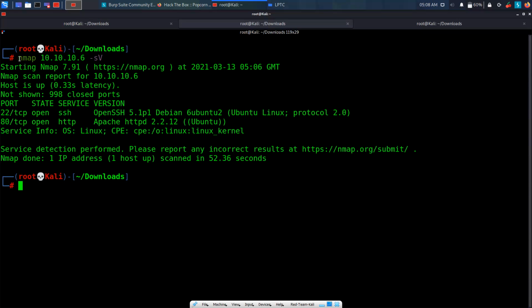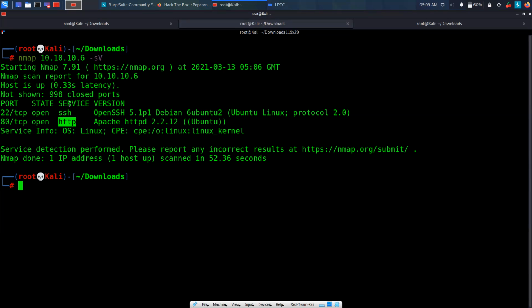Yeah, as you can see, Nmap has finished, and we can see there are two ports open, 22 and 80. So let's discuss a little bit about the output of Nmap. Our goal is to find out what ports are open. Okay, we can see that 22 and 80 are open, but what's next? What services are running on these ports? The services are SSH, which is the default for port 22, and HTTP, which is the default for port 80.